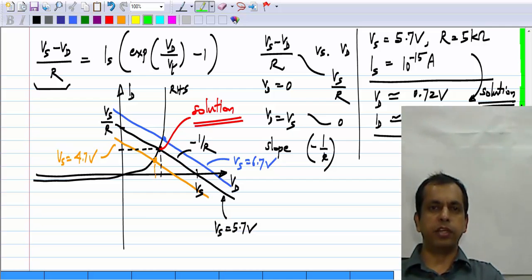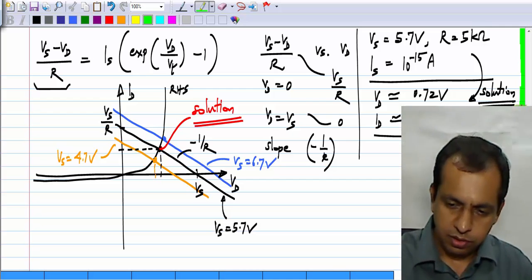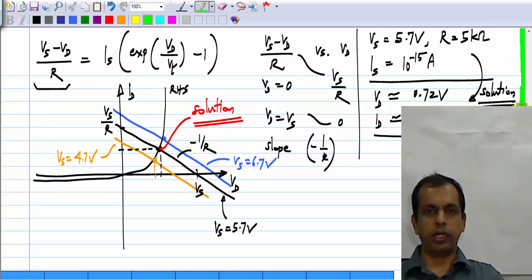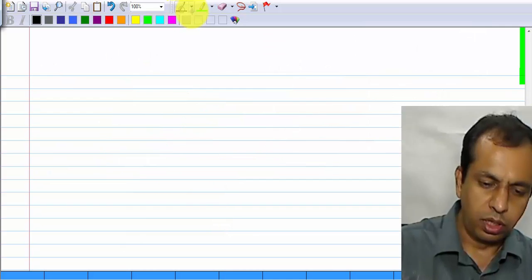Now, this case where the input is changing is a very relevant case for us, because we want to amplify some signals in our amplifier, okay, and a signal usually is a time varying signal, okay. That is, when I am speaking into the microphone, it is giving a time varying voltage to the circuit. So, we have to be able to analyze our circuits with varying inputs, okay. So, I will show the same